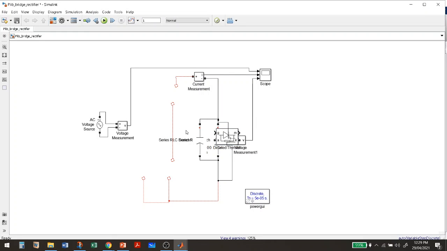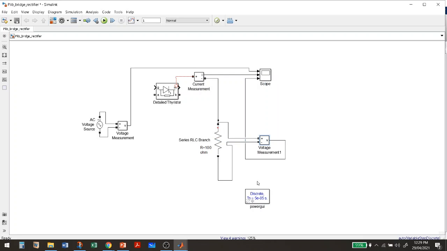I'm deleting the things that are not required right now. This is my thyristor. This one is clear, this one is okay, and then I will delete this.